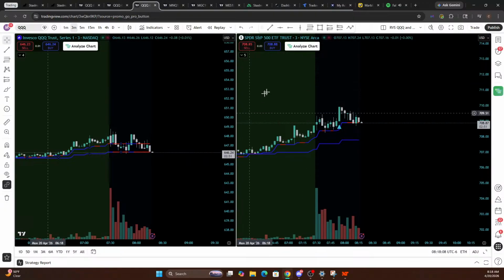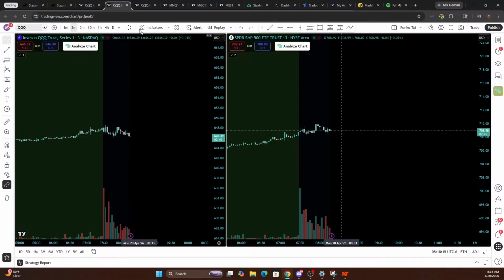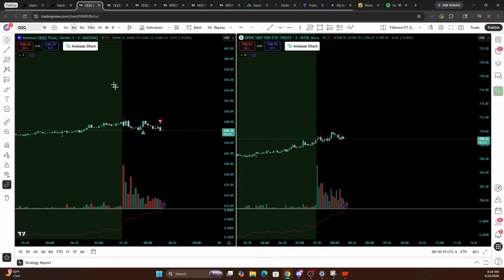So those are the ones I'm trying to catch, and I'm trying to just cut out of the other ones pretty quickly if it's not moving. So nothing on the RVS, nothing on the TM yet. Looks like we just printed another filtered dual trend for a down, for a put,